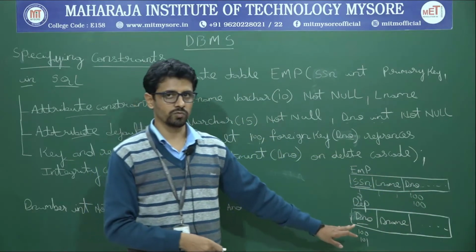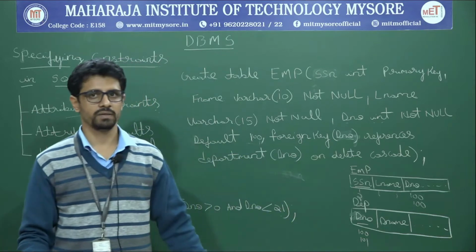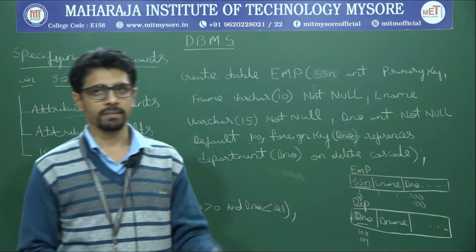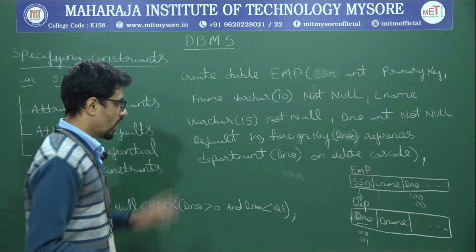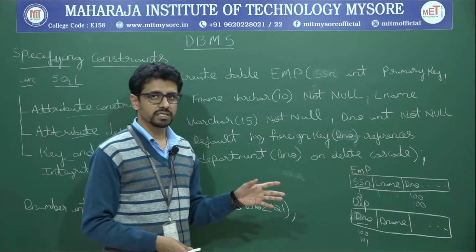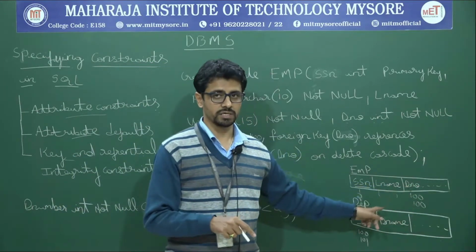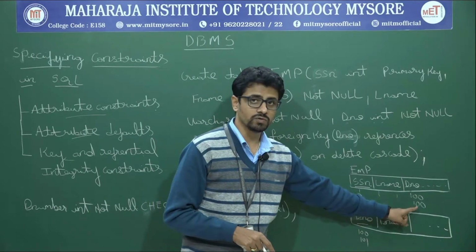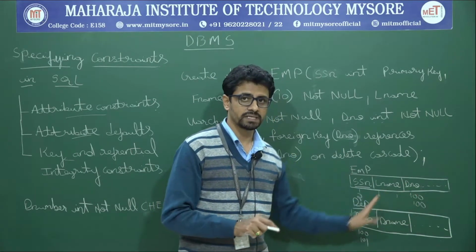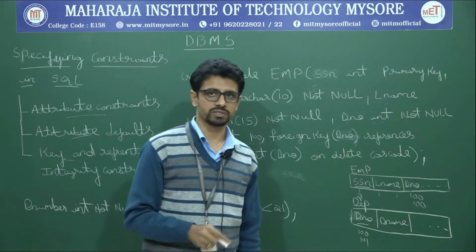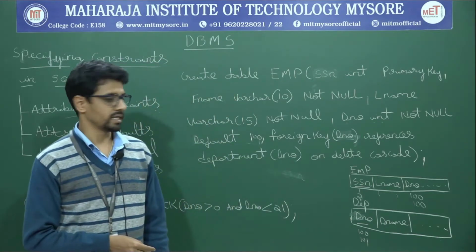Now this department number attribute which I have specified in the employee table is actually a foreign key, as you all know, because it's a primary key in the department table. The department number attribute in the employee table gives me a relationship between an employee and a department. Now how do you specify explicitly that the department number is a foreign key in this table and it should take only the values present in the primary key table? You need to incorporate that yourself by using the create table command.